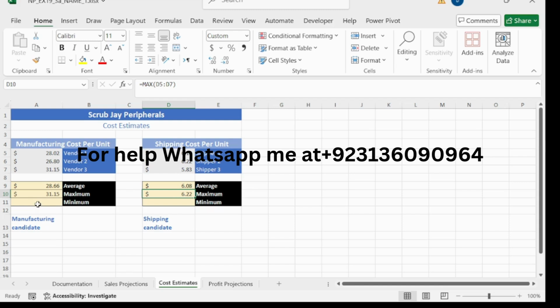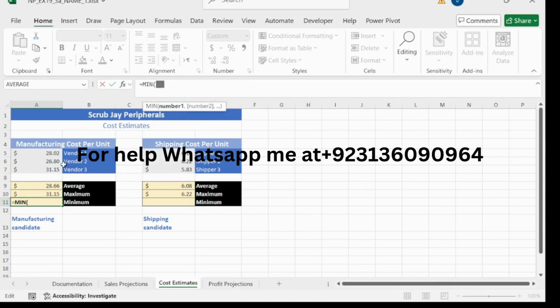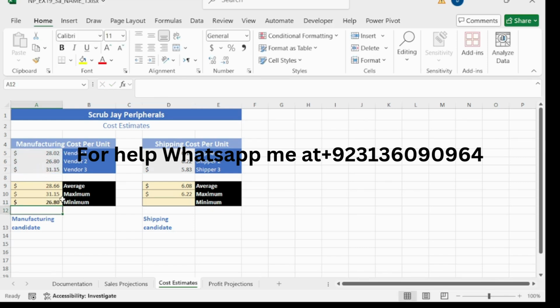A11. This is cell A11. Create a formula using the MIN function. So equal to MIN, double click on this first one and then select the range A5 to A7 and close the bracket and press enter and copy this formula to D11.